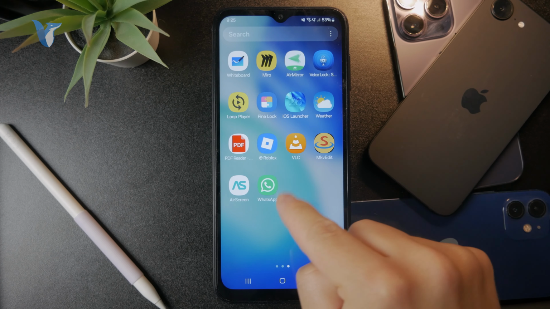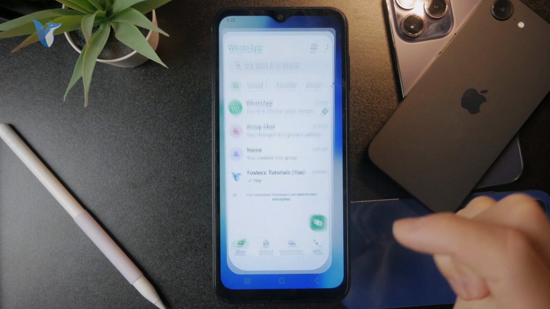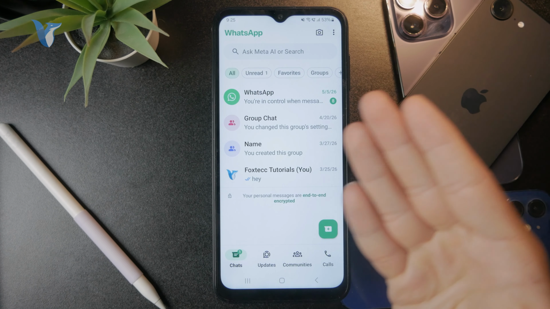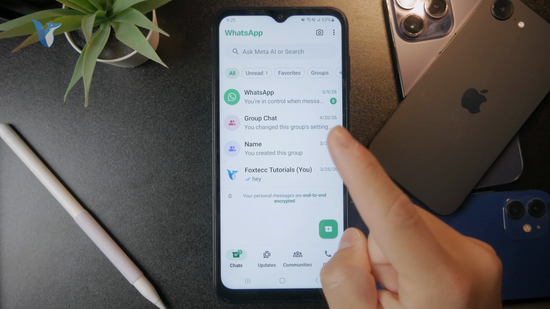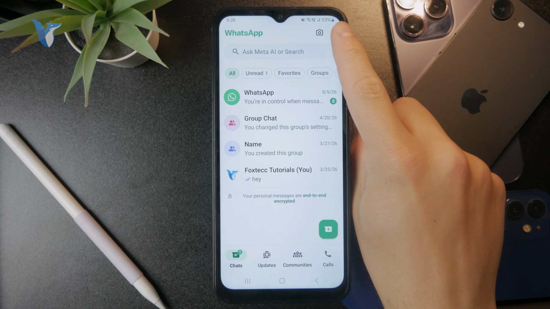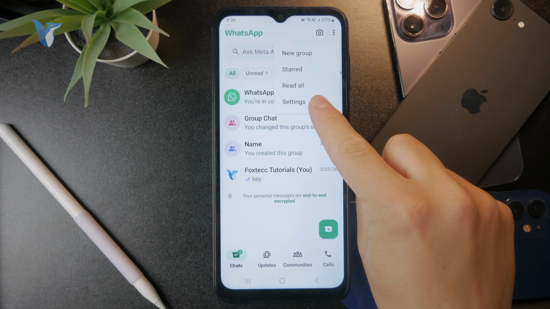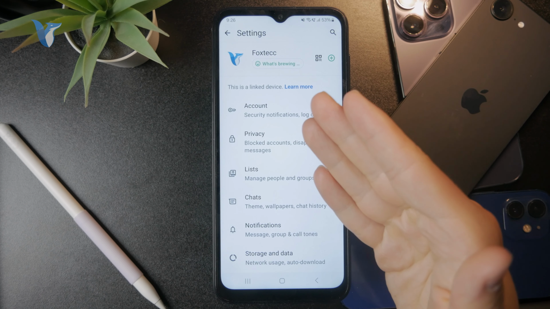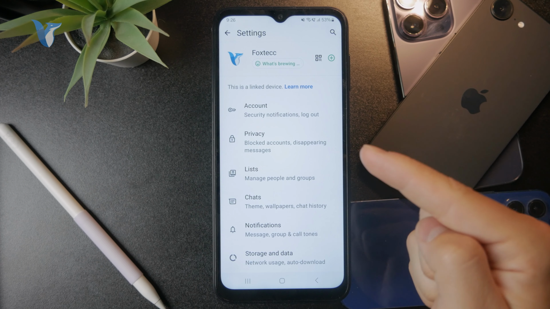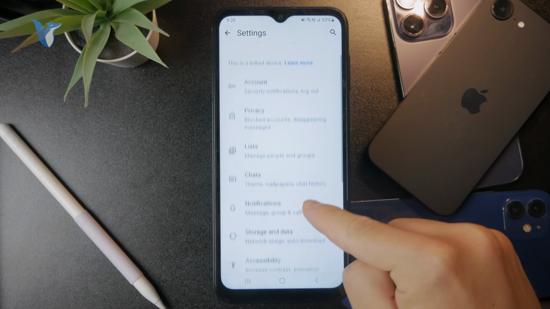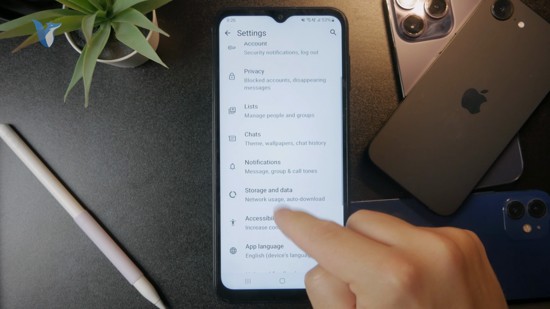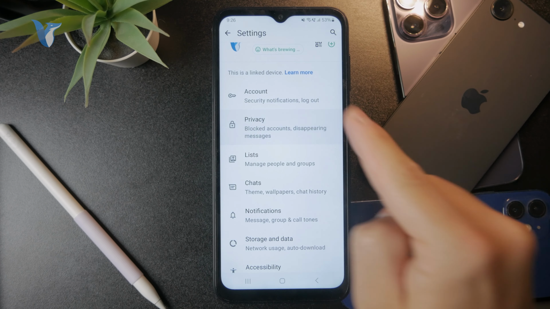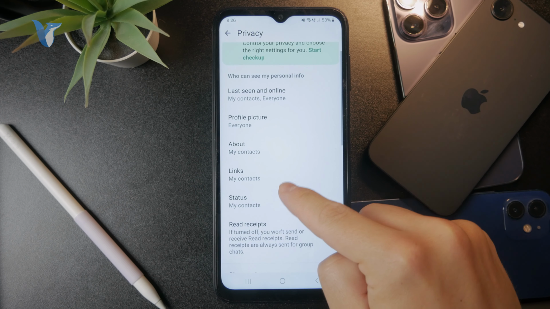So of course, we need to find the WhatsApp application like this. And I'm inside. I can see my chats and everything is in here. So all I have to do is to proceed to the settings by tapping the three dots like this and going to settings like that, and we are essentially interested in these options, so I have to go and find the privacy section. So the privacy is right there, literally the second thing on the list, and part of this